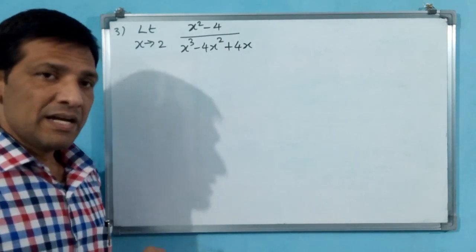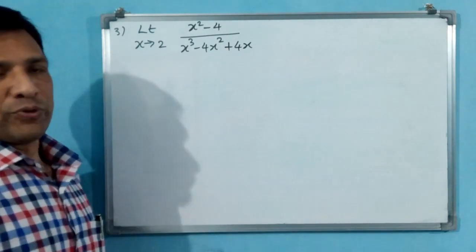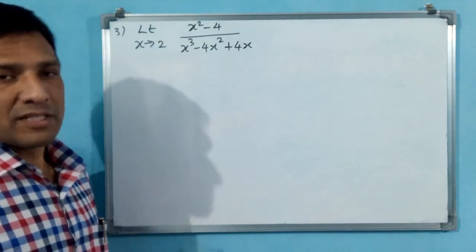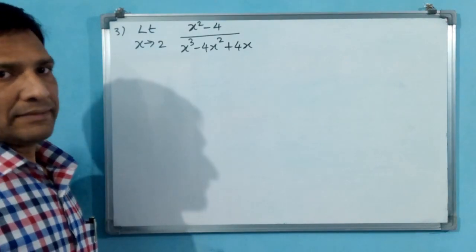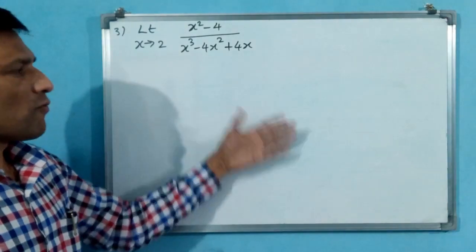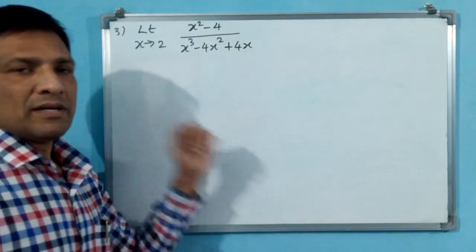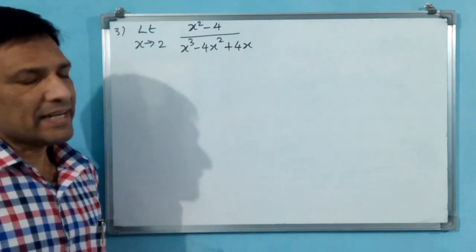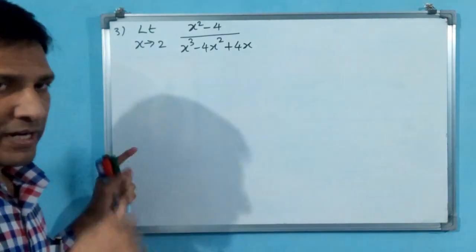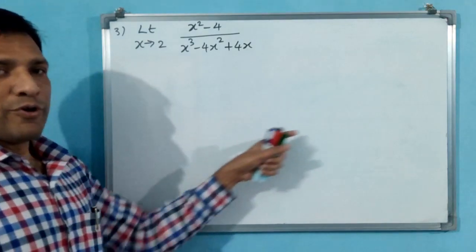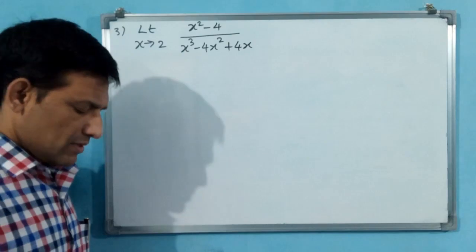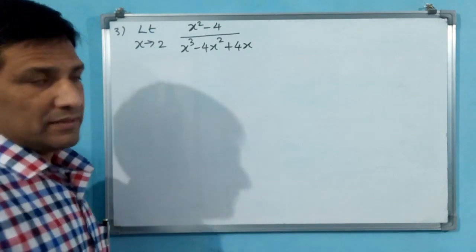Even then, I am doing this like a new question. You understand carefully. Why? Because we want to understand the concepts. That is why I am doing this question again. Directly I can say that earlier 0 by 4 came, now 4 by 0, then this is undefined. Our limit does not exist. I can say it directly, but I want to do it clearly in front of you, then you can understand the concept: how I am going to turn this 0 by 0 concept from case 3 into some other case.